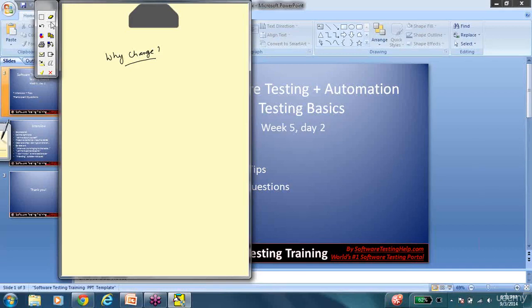So since I was doing beta testing in my previous job, I wanted to change my job to QA. Now that is an ambiguous answer. If I ask you what's wrong with beta testing, why are you looking for a change? This is somehow indirectly conveying that beta testing was a bad option, and that is why you're looking for a change. So